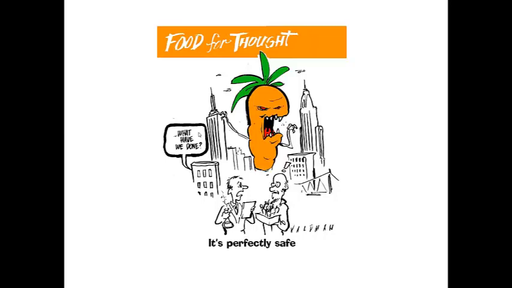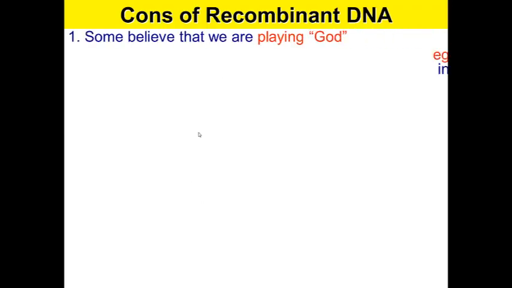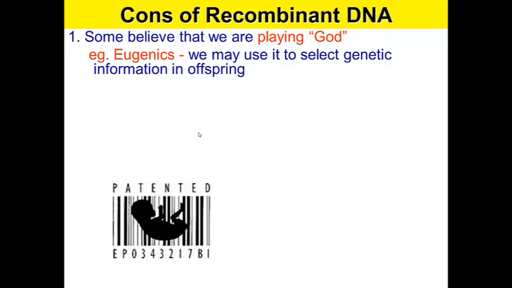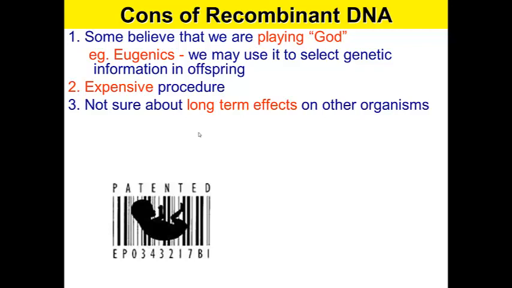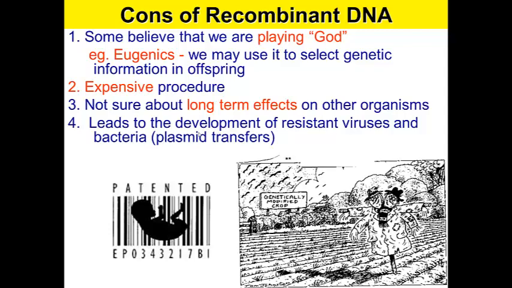So there are people who are against recombinant DNA technology as well. So here's an example. What have we done? The scientists are saying it's a killer carrot. It's perfectly safe. What are the cons? Some believe that we are playing God. Eugenics, we might use it to select specific traits in our offspring. It's expensive to do. We're not sure about the long-term effects on other organisms. It leads to the development of resistant viruses and bacteria through plasmid transfers. So we are not quite sure of the